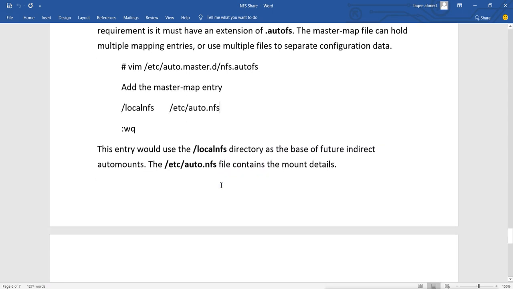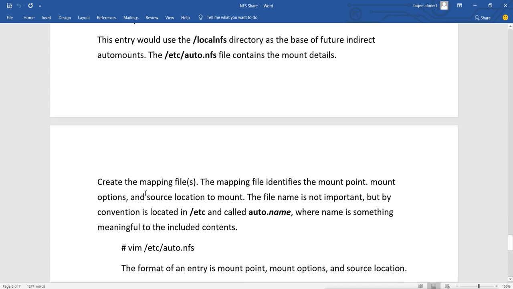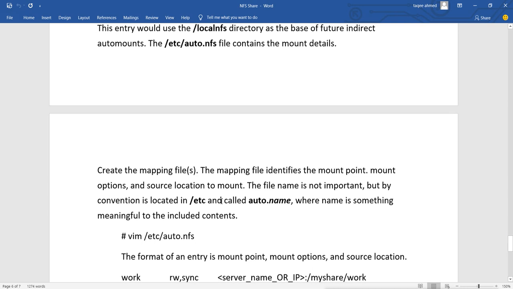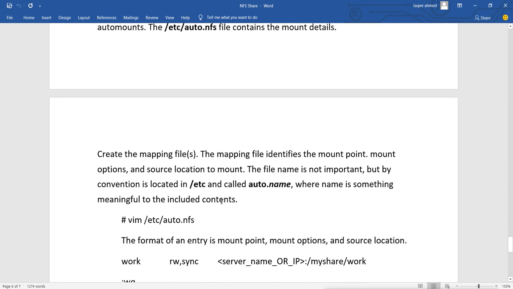Now this file is the mapping file, and the mapping file identifies the mount point, mount options and source location to mount. So in this file we have information about the mount point, the mount options and the source location from where we want to mount the NFS share.